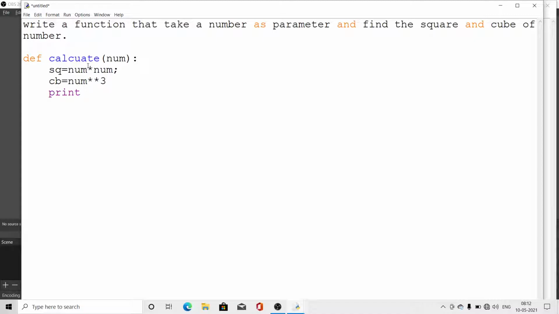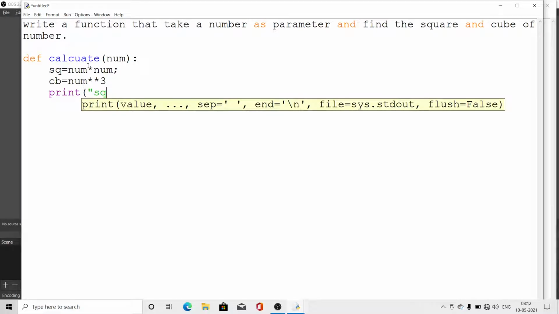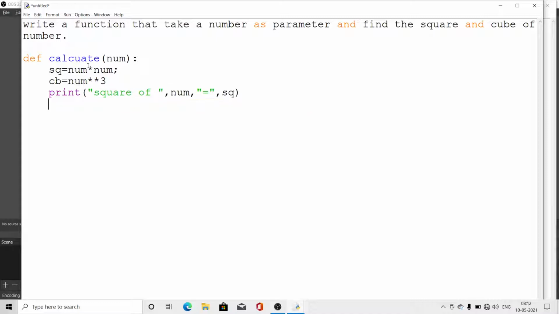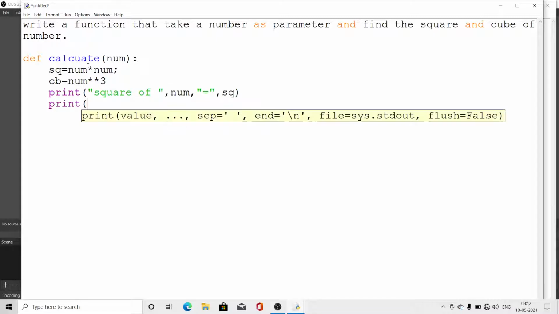Then we have to display the square of number is equal to square, and then print the cube of number is equal to cube.